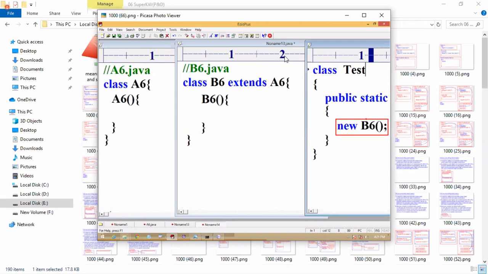Now second case, number 2. Any errors? No error, because class A contains a no param constructor, class B contains a no param constructor, and inside the no param constructor super no arg, it's matched.